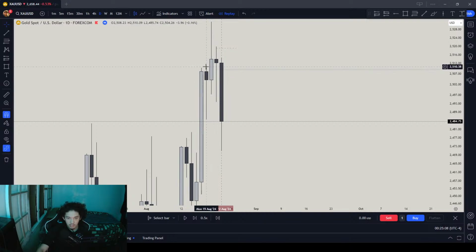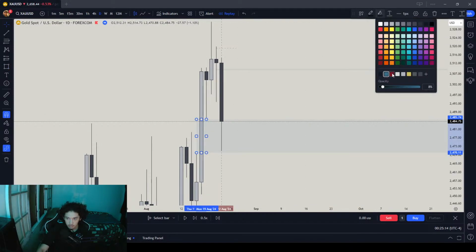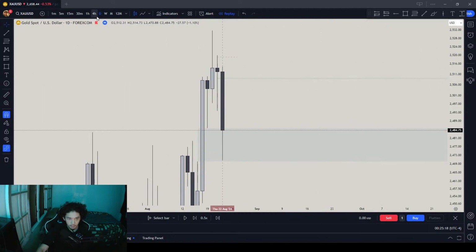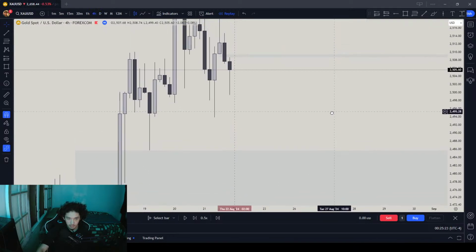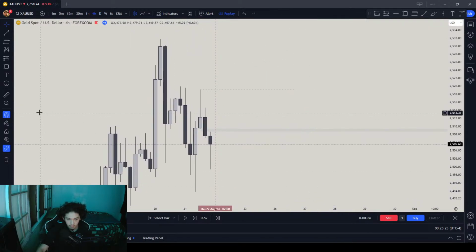Took out his external, the next one is drawn internal. The daily draw on liquidity is over here to the downside. Now let's see if we can get a lower time frame. So our main goal is going to be over here on the daily time frame, because the market took liquidity